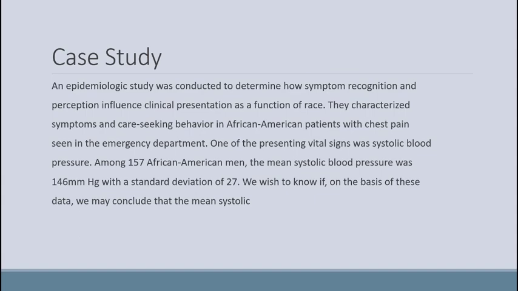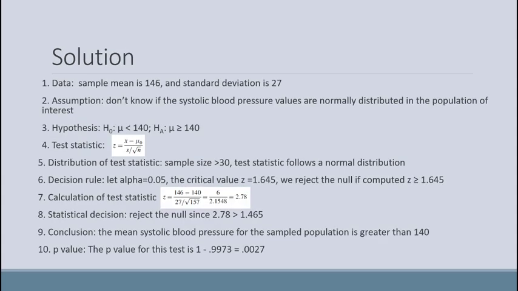Let's work on this case study by yourself. Once you're done, move on to the next slide to see the solution. I just want to point out step 10, how to find the p-value. As shown in table D, the area to the right of 2.78 is less than 0.05. The area to the right of